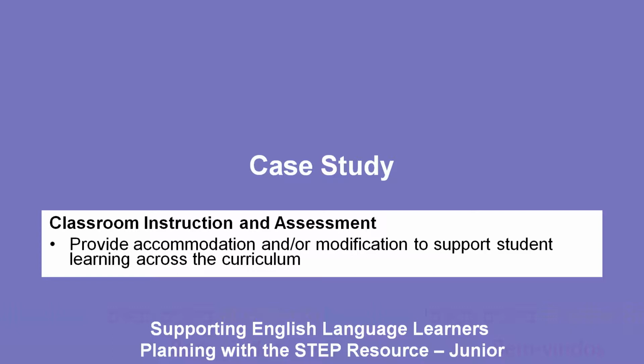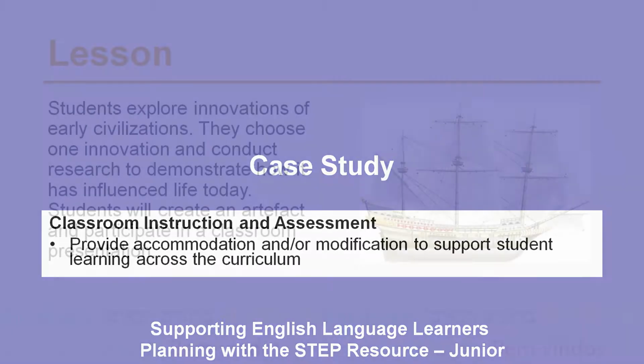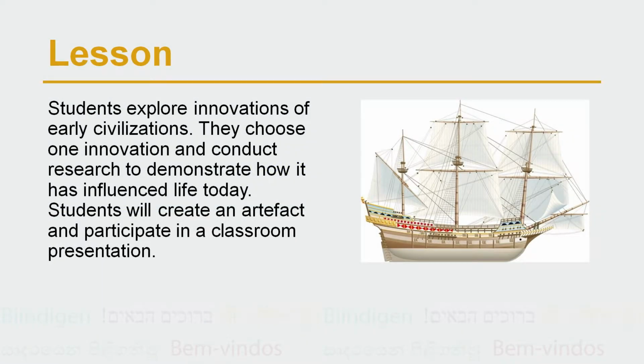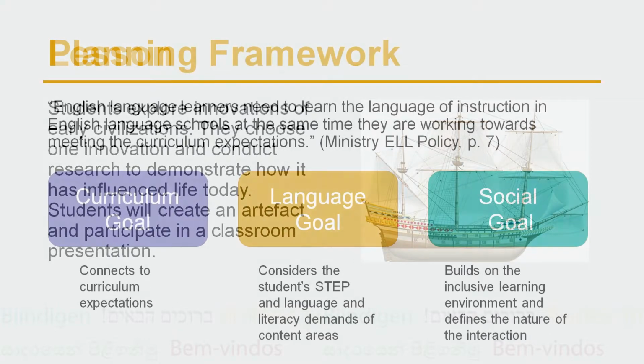We suggest that you refer to this case study example for more details and information about what a unit adaptation looks like. This case study sample looks at a grade 5 social studies unit with cross-curricular connections to language. We will be looking at 3 different language learners and using their STEP levels to accommodate or modify their program and assessment based on their language needs.